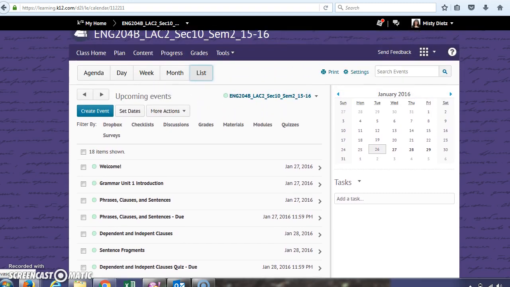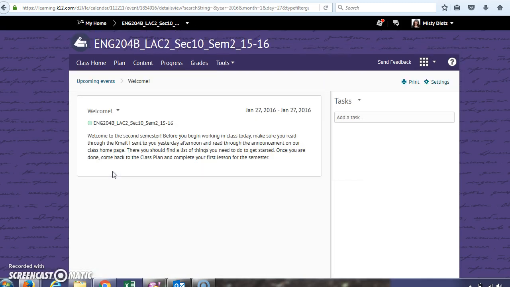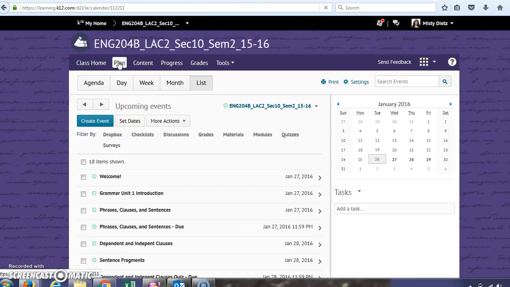No matter what view you're using, you can click on the assignment directly from the class plan and it takes you exactly where you need to go. So for example, if I click on welcome, it's going to take me right to this welcome screen. And this is all you have to do for this particular assignment in class: read this welcome announcement. If I go back to class plan,